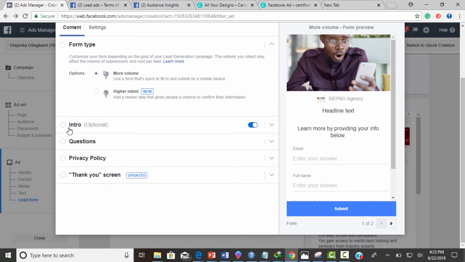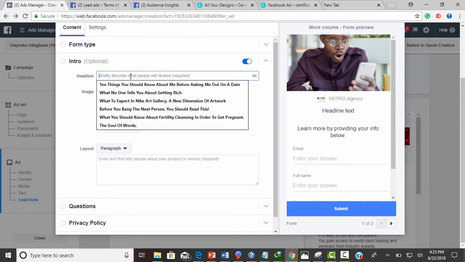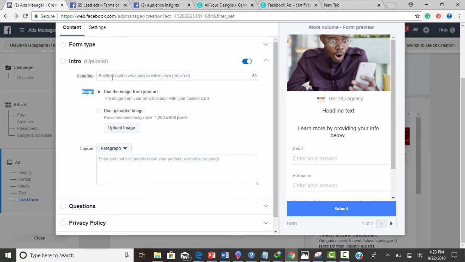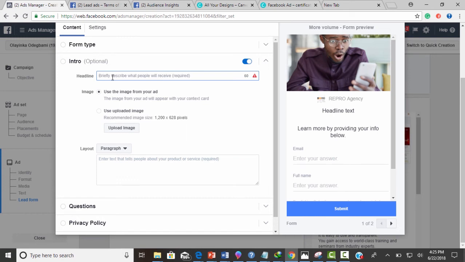Okay, now the second step is the intro. Now, the intro, you have a headline again to briefly describe what the people expect to see. Now, we can use the headline you used on your ad. You can use that. Two reasons you should use that is people know that they're on the right page, and if they were captivated by the headline, I mean, there's no need to start racking your brain to get another headline. So,